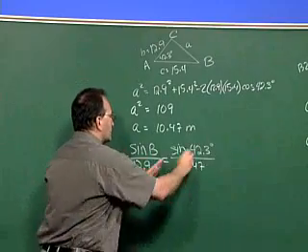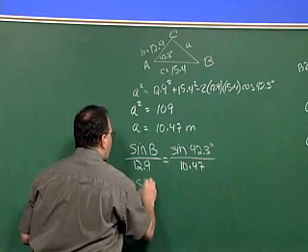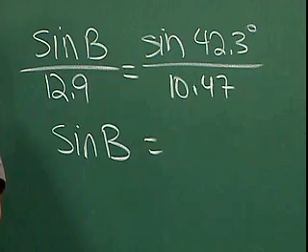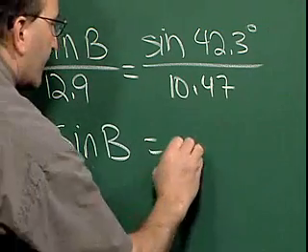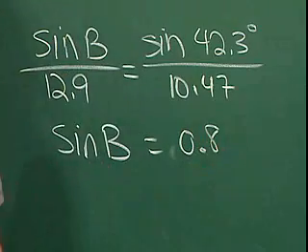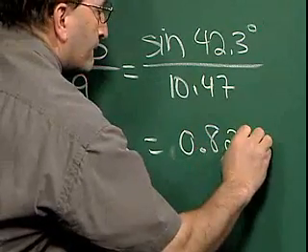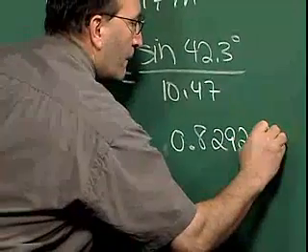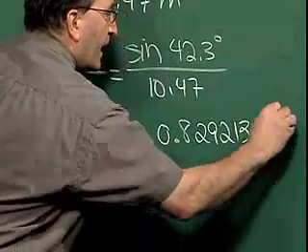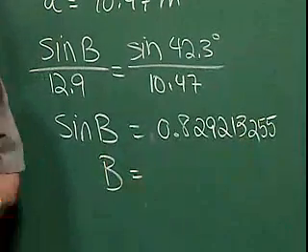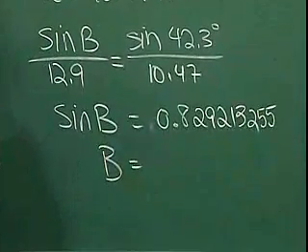When we multiply this side by 12.9, we'll find sine of angle B is equal to 0.829213255. Using inverse sine on the calculator will give us an answer for B of